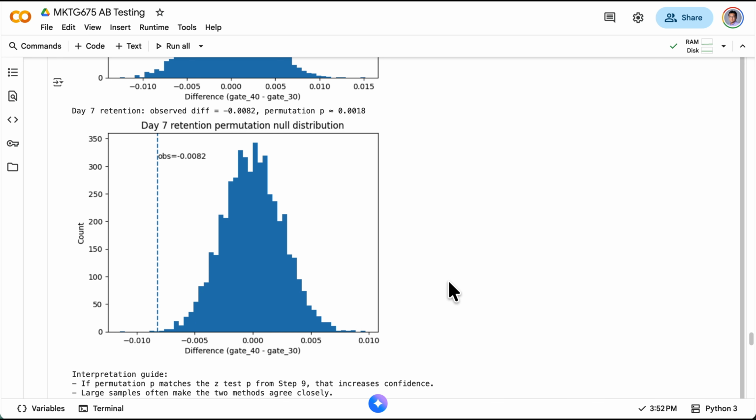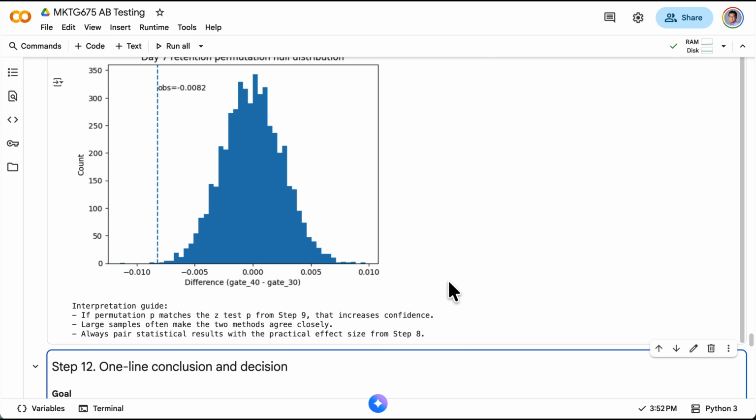The histograms that appear show the null distribution of differences when labels are shuffled. The smooth mound centered near 0 is what we expect from pure noise. The dashed vertical line marks our observed difference. The further that line sits in the tail of the histogram, the smaller the permutation p-value and the stronger the evidence against the null. This does not replace the z-test in production, but it is a very helpful way to see what